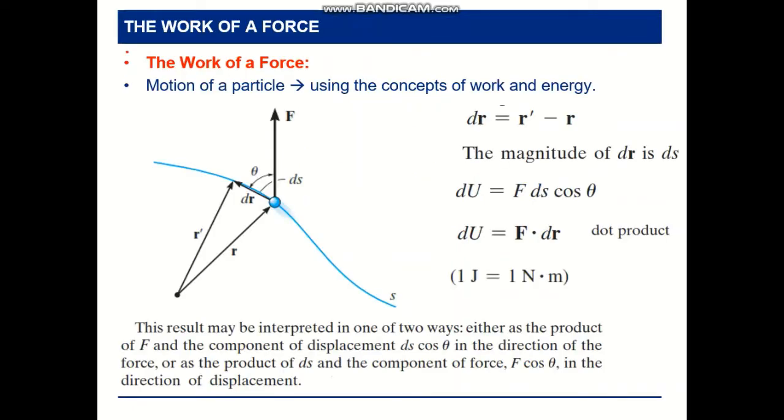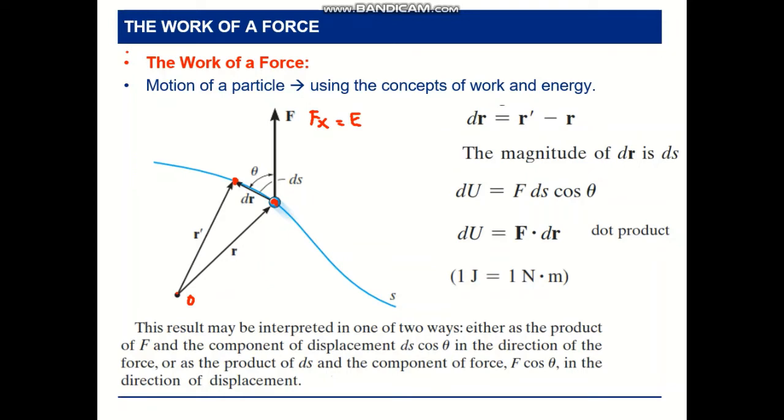The first thing is the work of a force, the motion of a particle using the concept of work and energy. As represented here, let's say we have a fixed point O, and a particle on a curved path. The particle jumps over time to here with the given force. From our physics class, we know that F times x is going to give us the energy, right? So in the vectorial form,